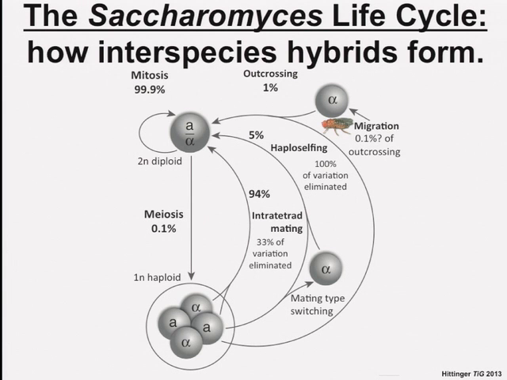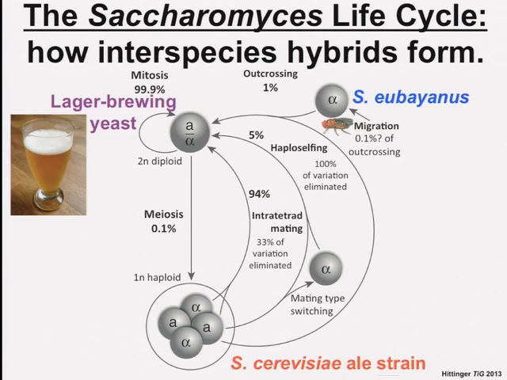And so the way you end up getting interspecies hybrids is that they're not nearly as discriminating as you and I, even though they're human-chicken levels of difference by protein sequence. The mating pheromones are actually, in one case, identical, in another case, only differ by one amino acid. And so they can actually mate over quite large evolutionary distances if there's an A and an alpha that happen to come together. What doesn't work well is meiosis, but it doesn't matter because they can continue to undergo mitosis indefinitely as long as people happen to keep providing them food, which in the case of industrial hybrids is the next batch of beer or the next batch of wine. And so the fact that they can't undergo meiosis is not a major detriment to us being able to brew